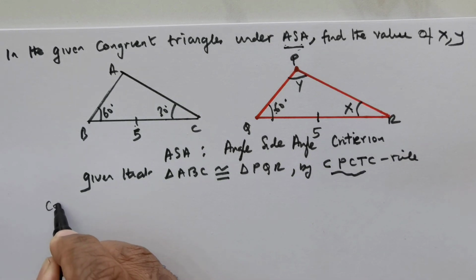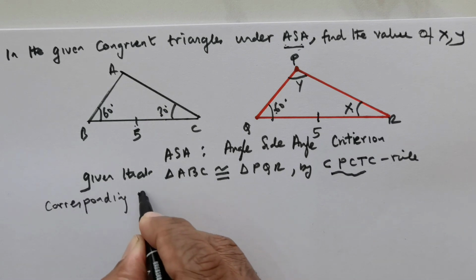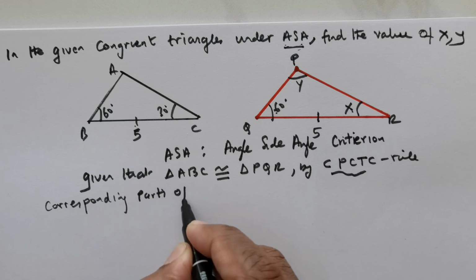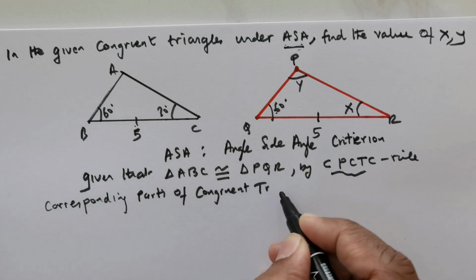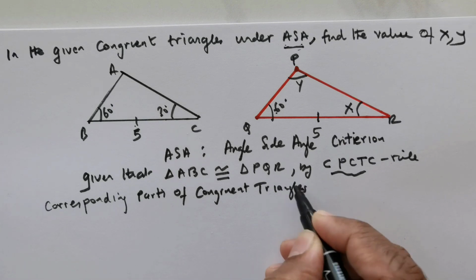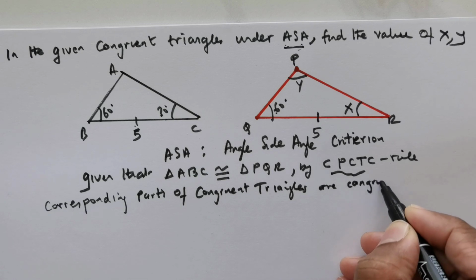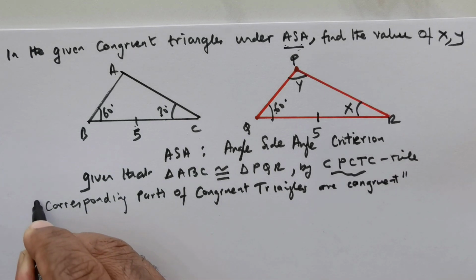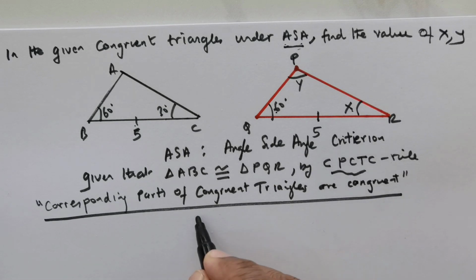It means corresponding parts of congruent triangles are congruent. Right, remember this, you have to state this. By this rule, clearly